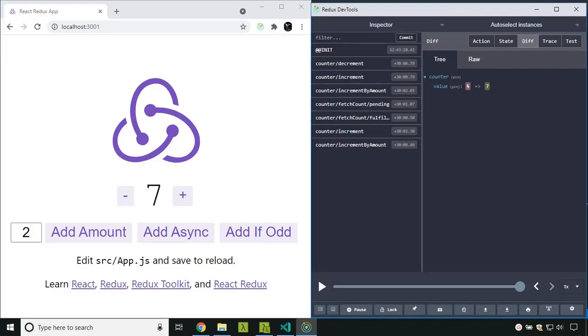Since the Redux state is immutable, we will be able to replay through all our actions using time travel debugging. So inside the Redux DevTools, I am going to replay all our actions and we will be able to see that reflected in our view. Here you can see that each of the actions is getting sent and the corresponding value is getting updated here. Hope you are able to get a good idea about how to use the Redux Toolkit in a React Redux application. See you soon. Thank you.